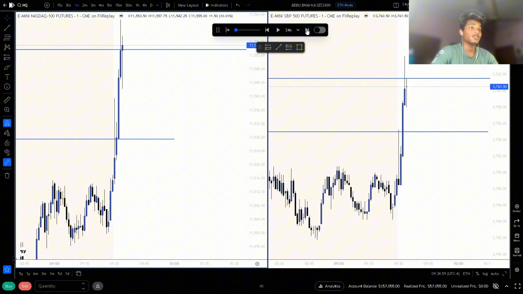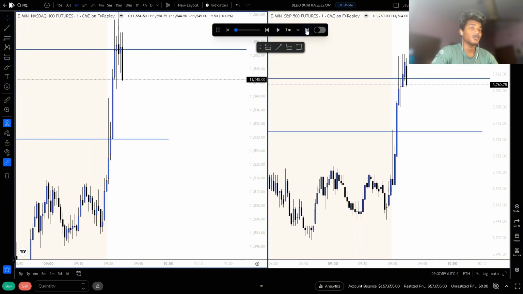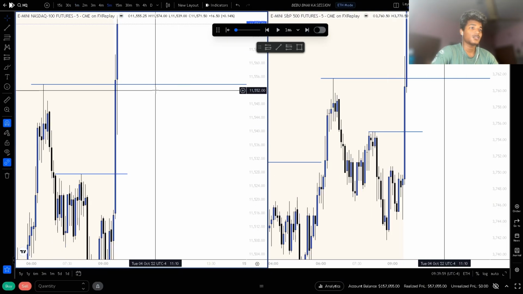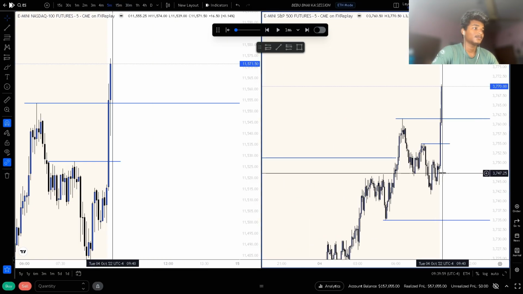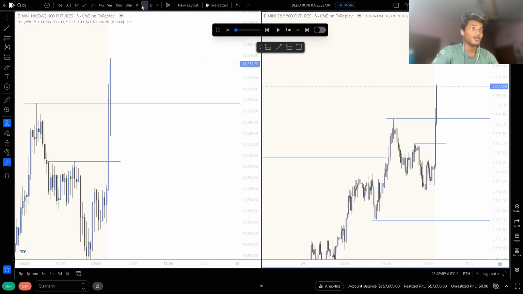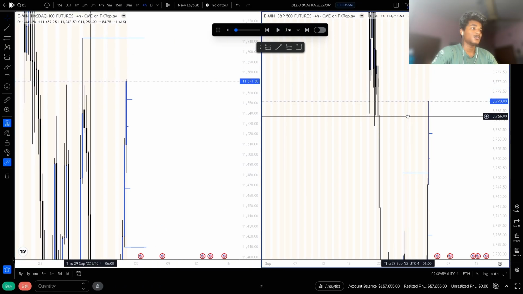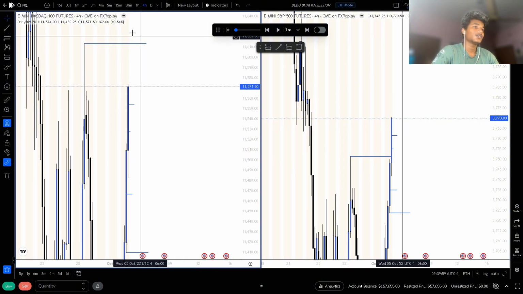If I don't see any rejection now, yeah, we are moving down lower. No, we just didn't tap any 5-minute gaps and we are just moving up higher. You can see this is gonna, no, SMT is not rebalanced yet. I do think the next target for market is this high.